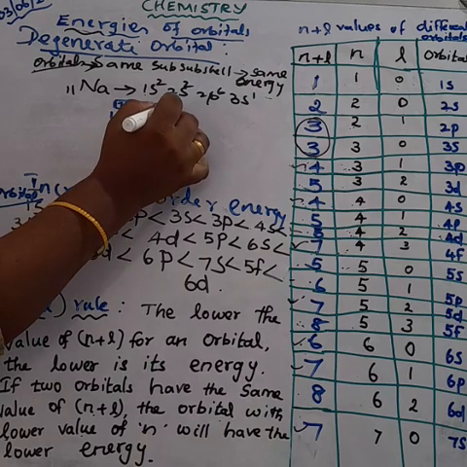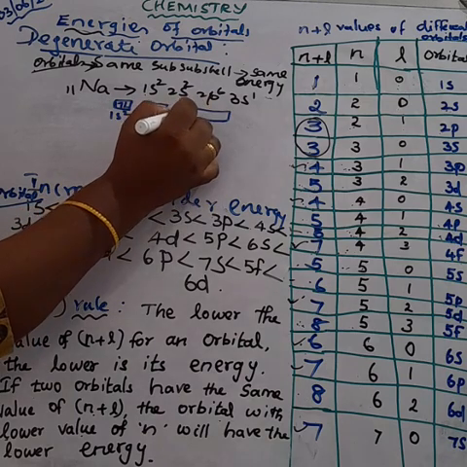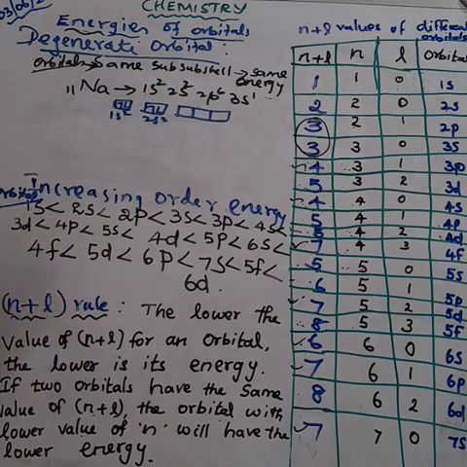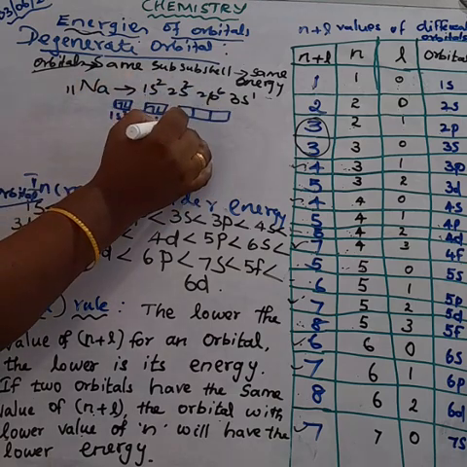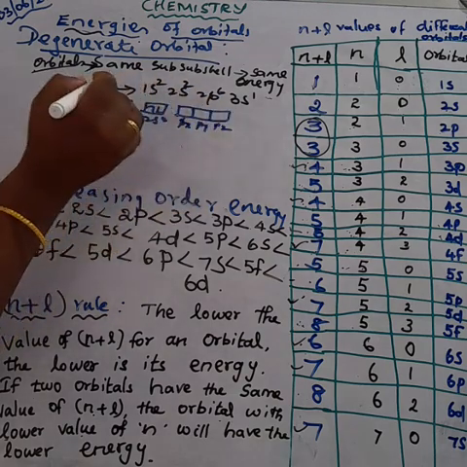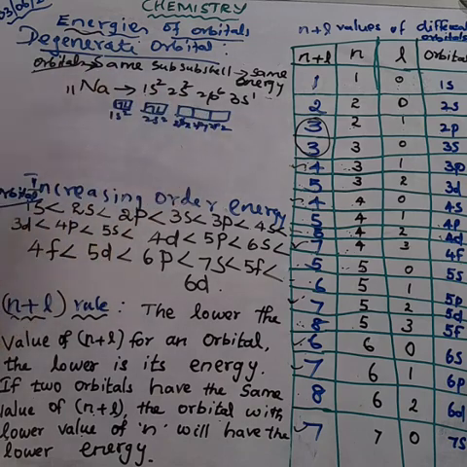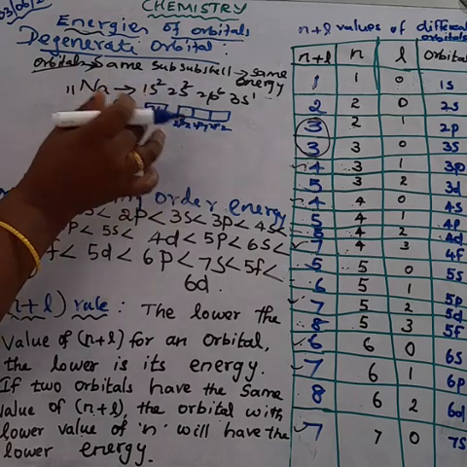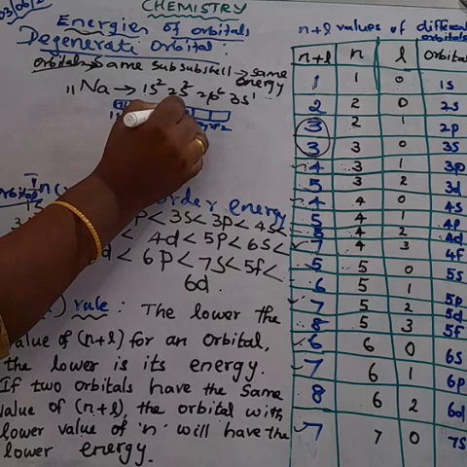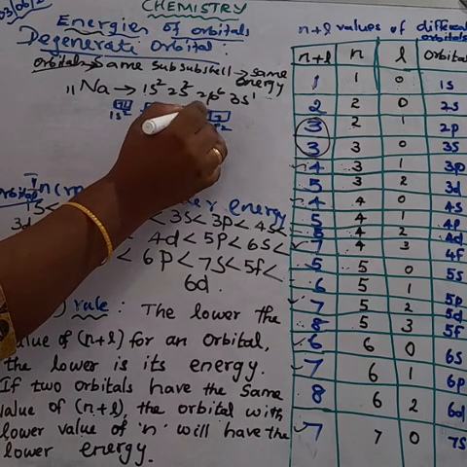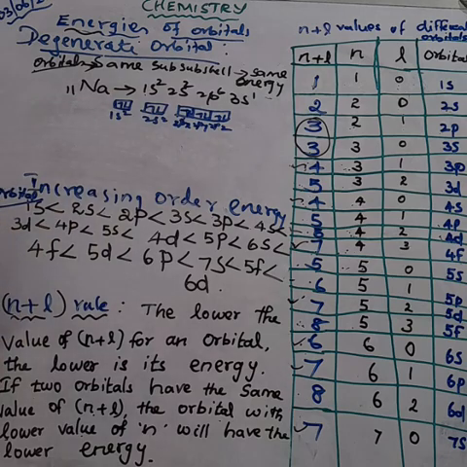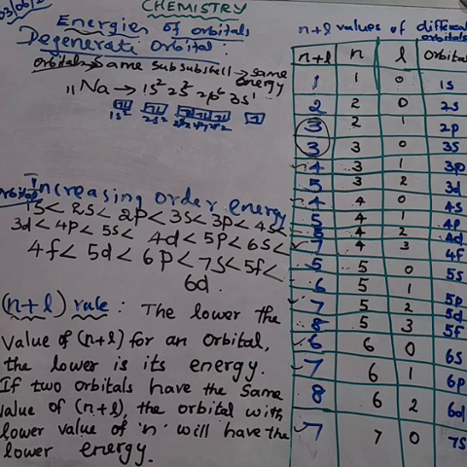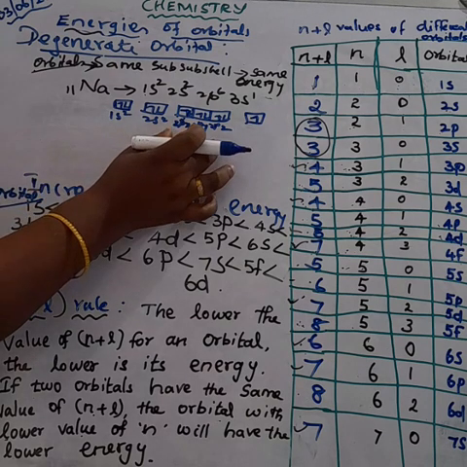And then 2p orbitals. How many orbitals does the p subshell have? There are 3 orbitals. What are the 3 orbitals? Px, Py and Pz: 2px, 2py and 2pz. When we are filling the electrons, we fill them singly, first 1, 2, 3, 4, 5 and 6. And 3s, the s orbital, has only one orbital, so only one electron. So this is the electronic configuration for the sodium atom.